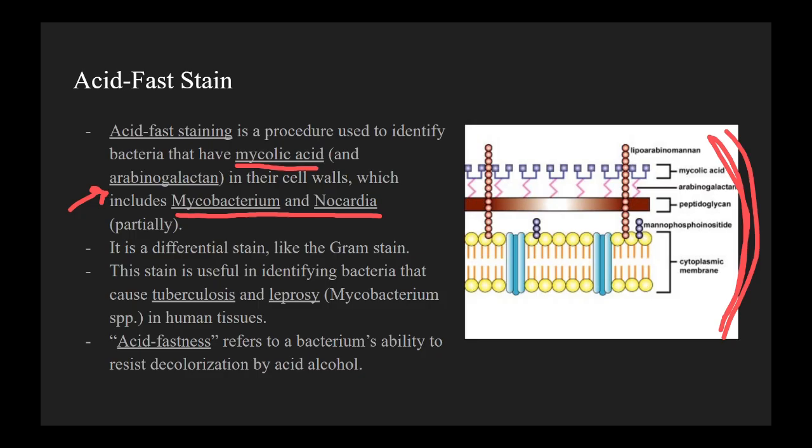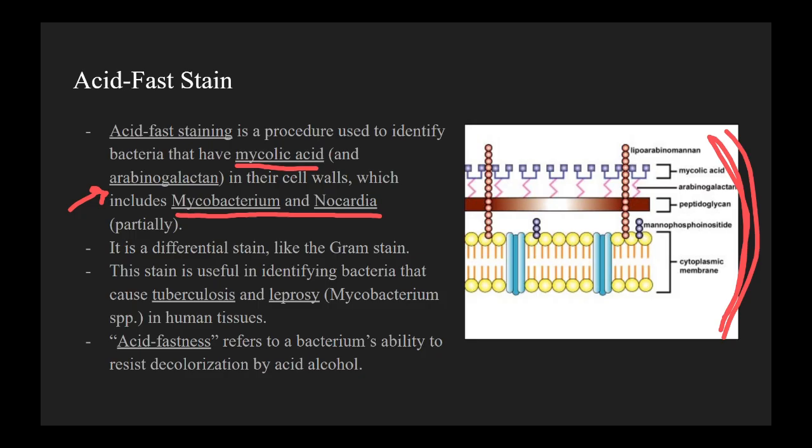The reason this stain is useful is that Mycobacterium, this group of bacteria, are very good disease causers. For example, tuberculosis and leprosy are both caused by these bacteria. If you have a sample of human tissue from a patient, you can do this acid-fast stain on that sample. If you find acid-fast positive bacteria, it probably means that patient might have tuberculosis or leprosy, depending on